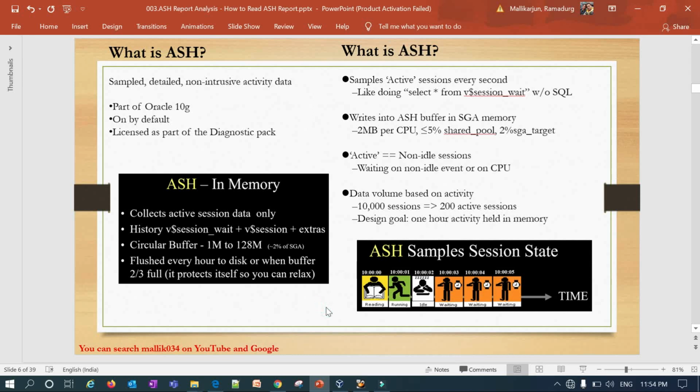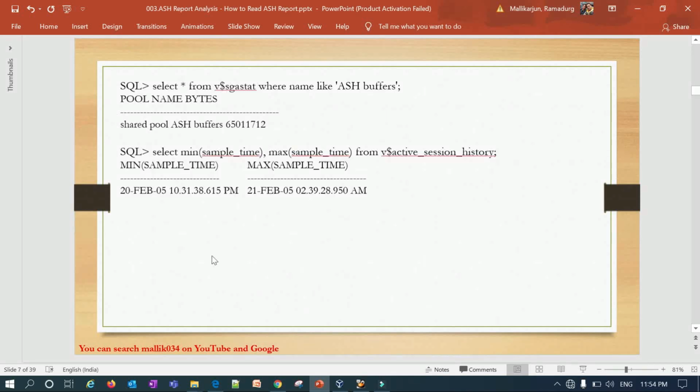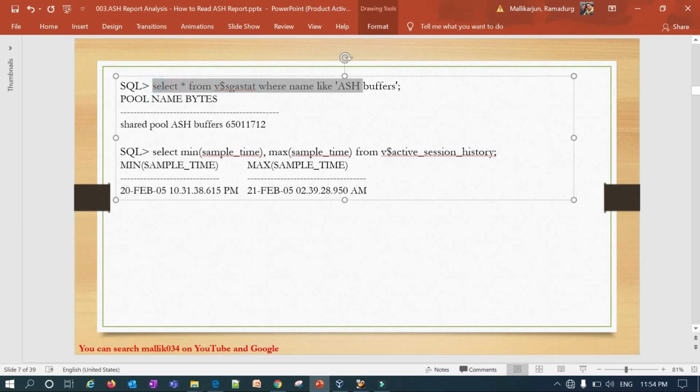ASH samples session states like reading, running, idle, waiting, whatever it is. It takes a sample for every state, writes it into the circular buffer, and then from the buffer to disk. If you run this particular query, it will show your ASH buffer size.